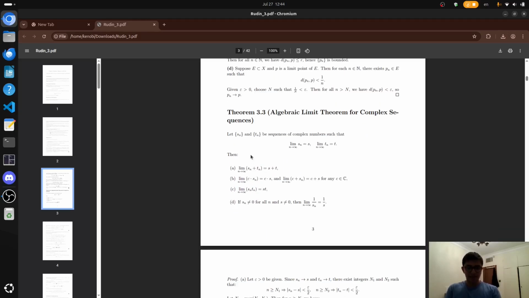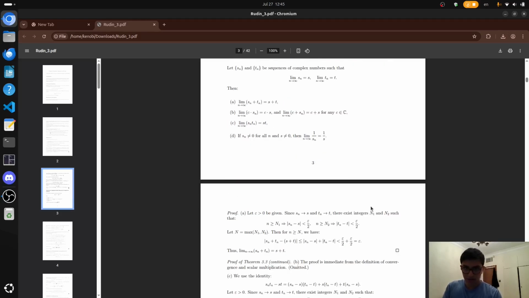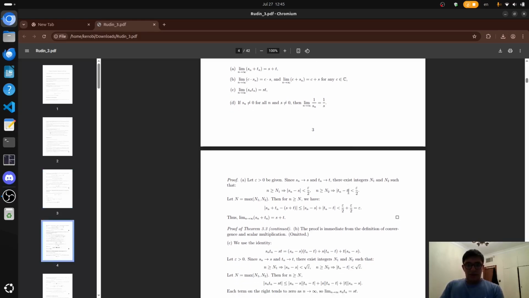Now we have the following properties. The limit of a sum is the same thing as the sum of the limits separately. Multiplying by constants or adding constants doesn't change this. The limit of SnTn gives you ST, and the limit of 1 over Sn is just 1 over S. Now the proof of them is the same thing. Just take epsilon over 2, add them together with the triangle inequality, and you're going to prove that their sum